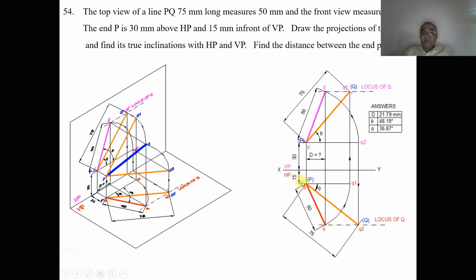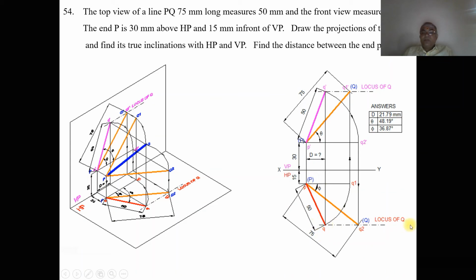So where is the HP? HP is below the XY line. Therefore, from Q2 dash, you draw a vertical projector to the top view, and then with P as center, taking the radius of 75 by using the compass, cut an arc on that vertical projector so that you will get Q2. Then join P and Q2 with a little bit thicker than the XY line, and you mark this angle as phi and then draw a dash dot line. So this will identify that it is the locus of Q in the top view. As we know that P dash Q2 dash is parallel to XY, you have capital Q and capital P because that is the true length.